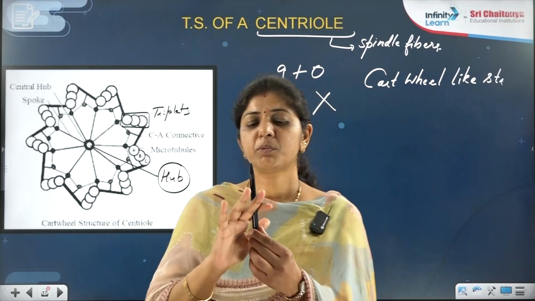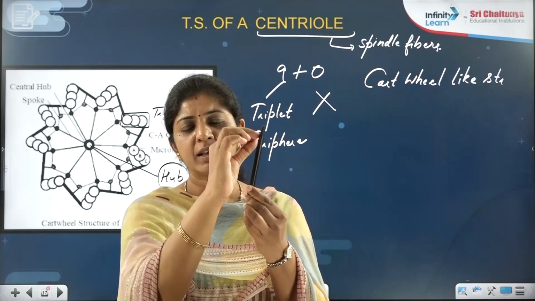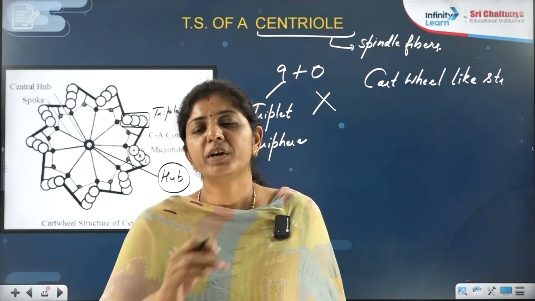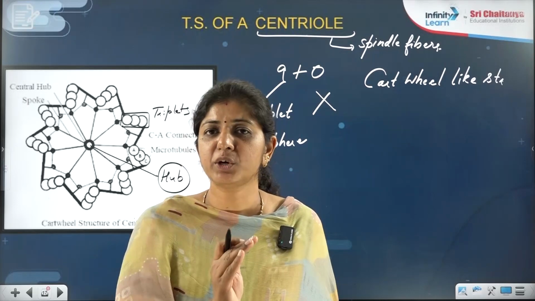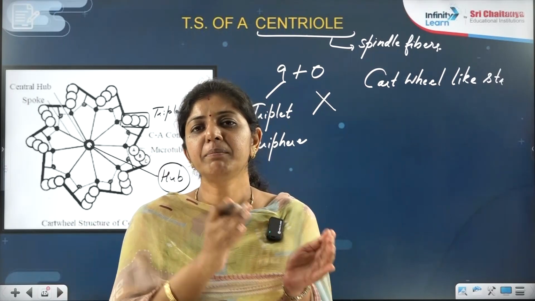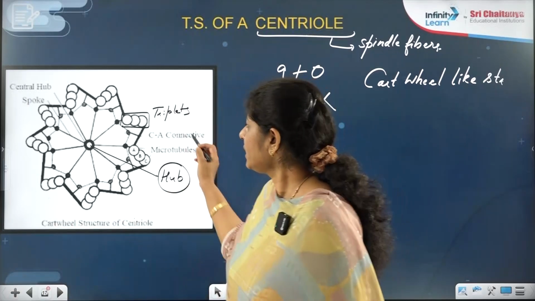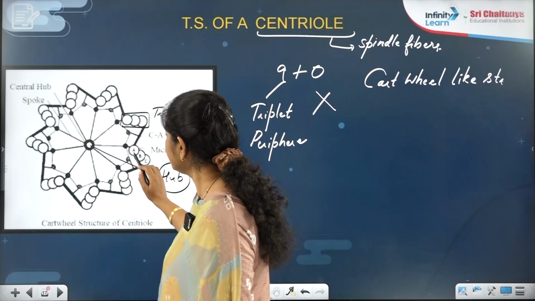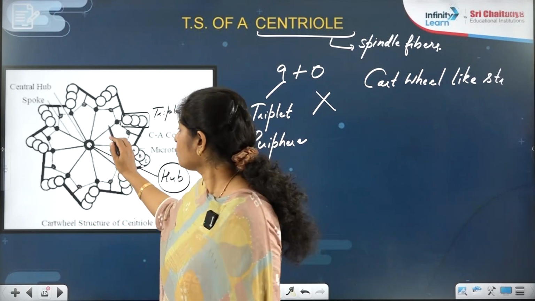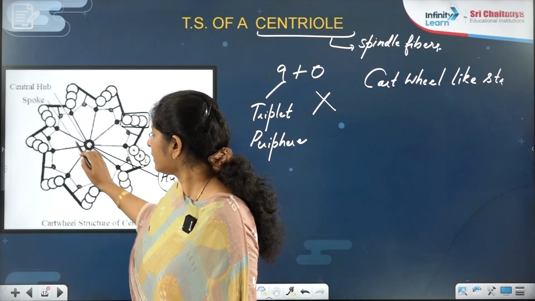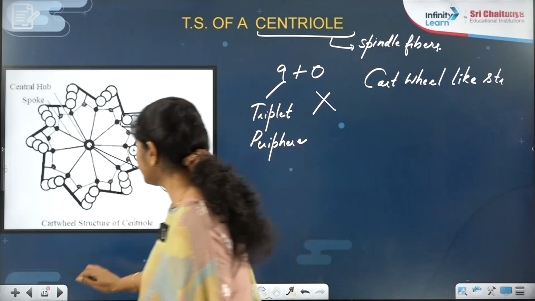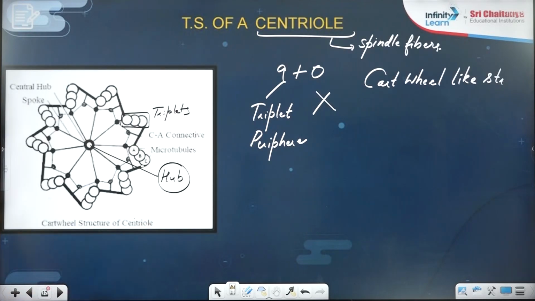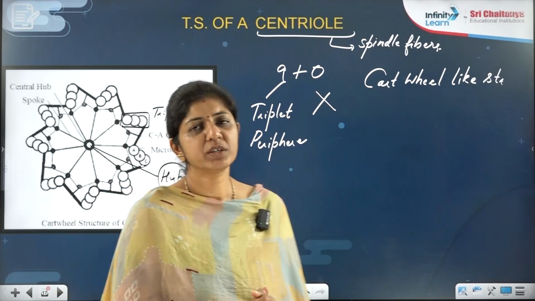And even if this is a flagellum or cilium, the basal body of their filament part will be created by this centriole. Means the basal body of cilia and flagella has 9+0, but their filament part has a 9+2 arrangement. And can you see there is no membrane around it? That's why it is membraneless. And all triplets are linked by linkers again, right? But there is no singlet in the center. Radial spokes are there, both in the centriole transverse section and in the cilia and flagella transverse section, right? So do remember at least these major points for the centrioles.